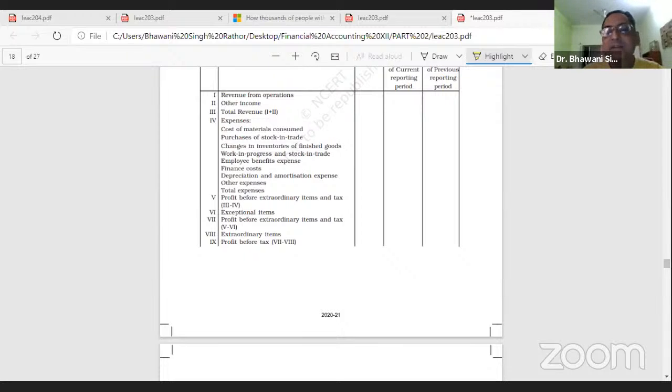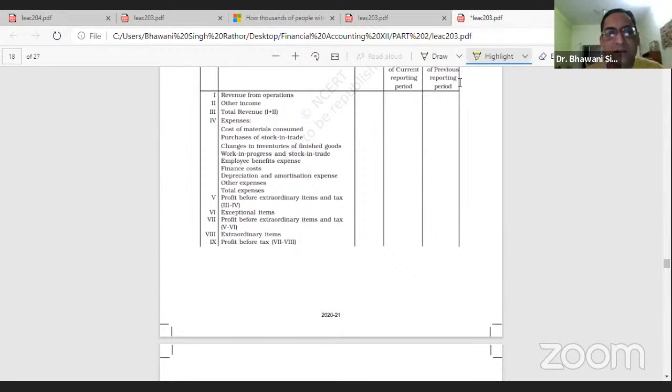Then you have other income, which is not related to the operations of the company, for example, income received from investments, income received as commission. So these are part of the other income. Then combined, they are the total revenue, that is part 1 and part 2 combined, the total revenue of the company for that accounting year. And then you have